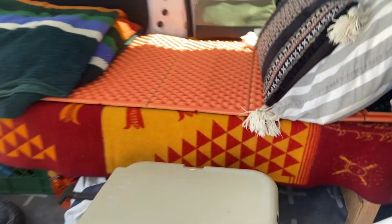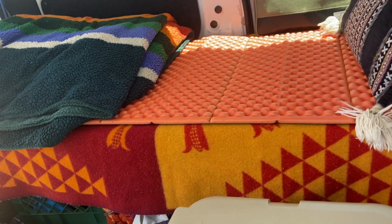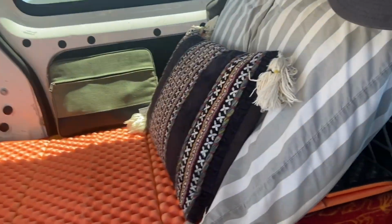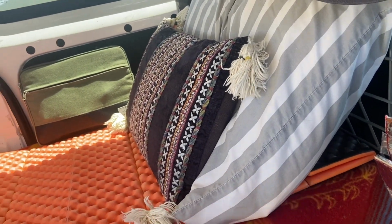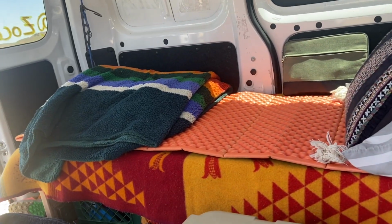So this is the kind of cot. It's made from an old pallet and some 2x4s. It's on its last legs for sure. As you can see, it's wobbly. But yeah, I just have a sleeping mat on here. Underneath I have a yoga mat and just a piece of cardboard to keep the yoga mat from sliding off when I make turns. Just use a blanket, have pillows,